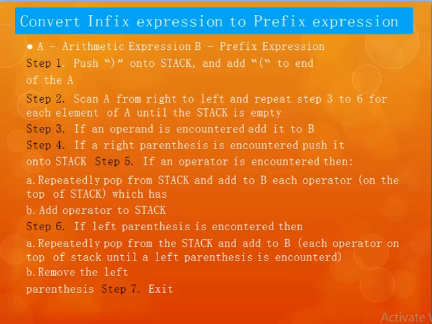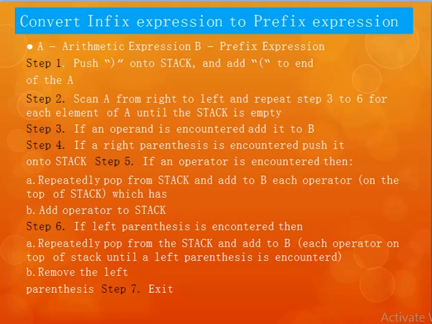Scan the arithmetic expression from right to left and repeat steps 3 to 6 for each element of the arithmetic expression until the stack is empty. If an operand is encountered, add it to the prefix expression. If the right parenthesis is encountered, push it on the stack. Step number 5, if an operator is encountered, then repeatedly pop from the stack and add to the prefix expression